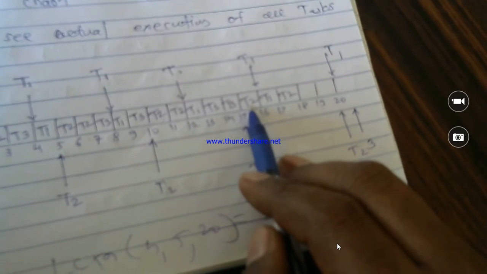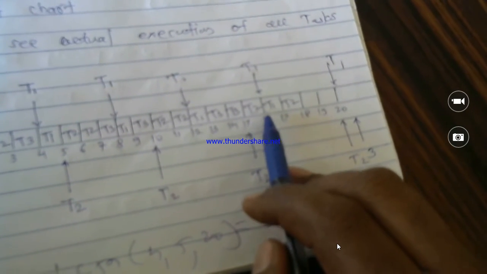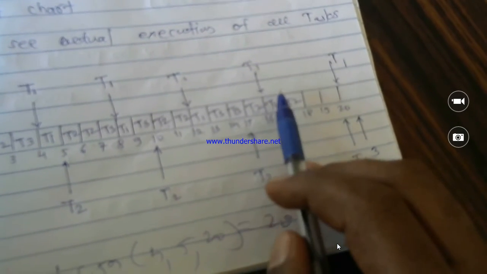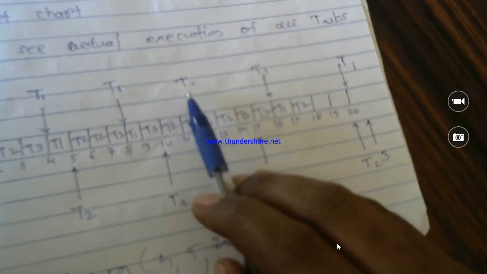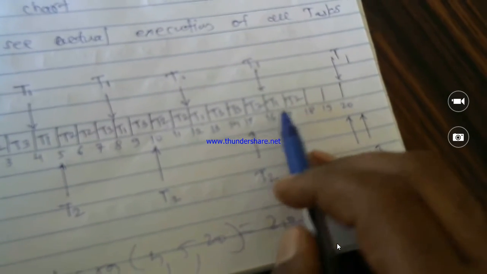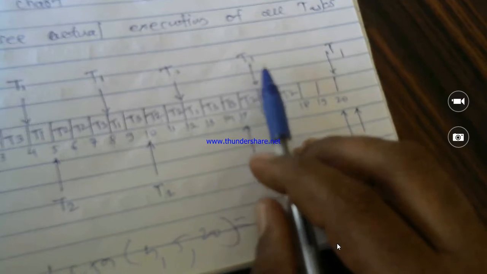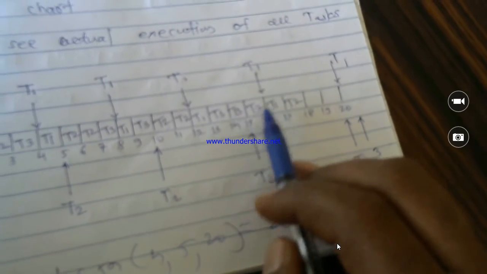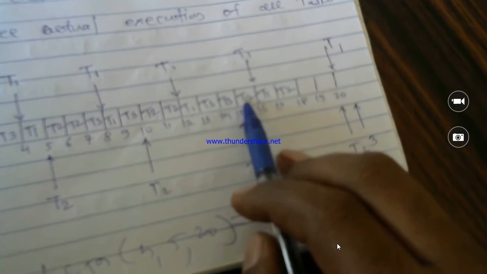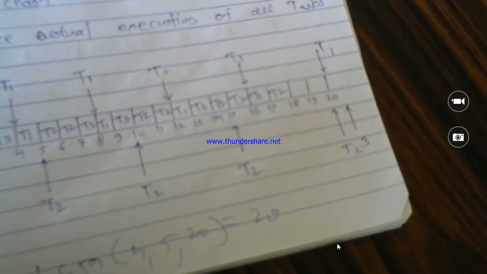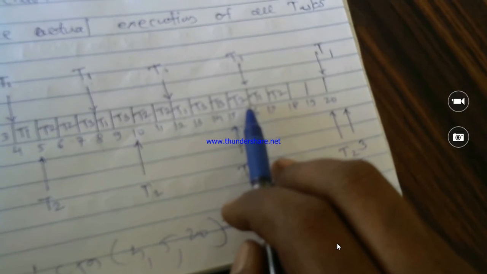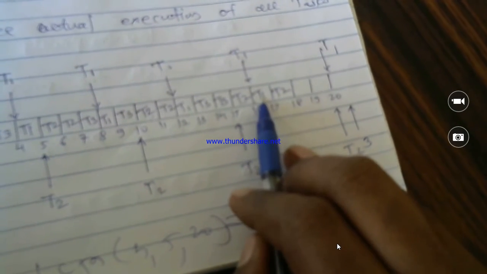So I have written T2 over here. But only one time I can write T2 over here because the time interval of T1 is completed in between 12 to 16. So T1 is in the queue. The system will preempt the execution of T2, though it requires 2. Here the system preempts the execution of T2, right? And will allocate the resources to T1.